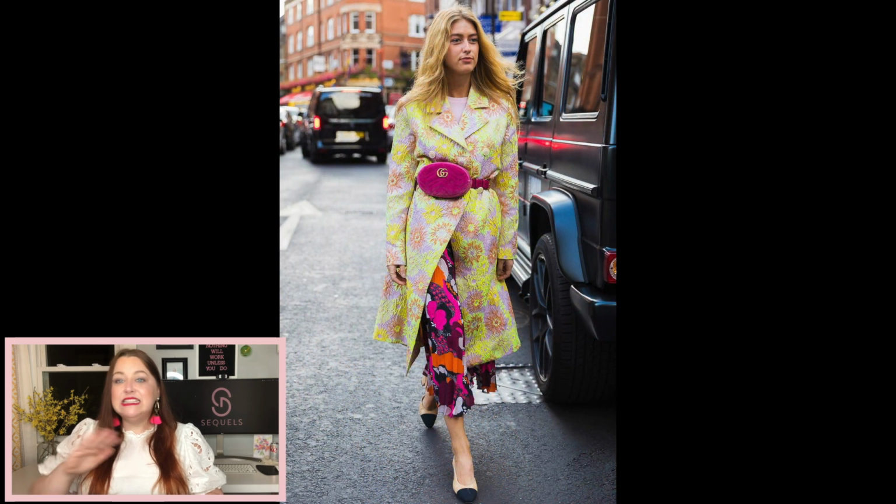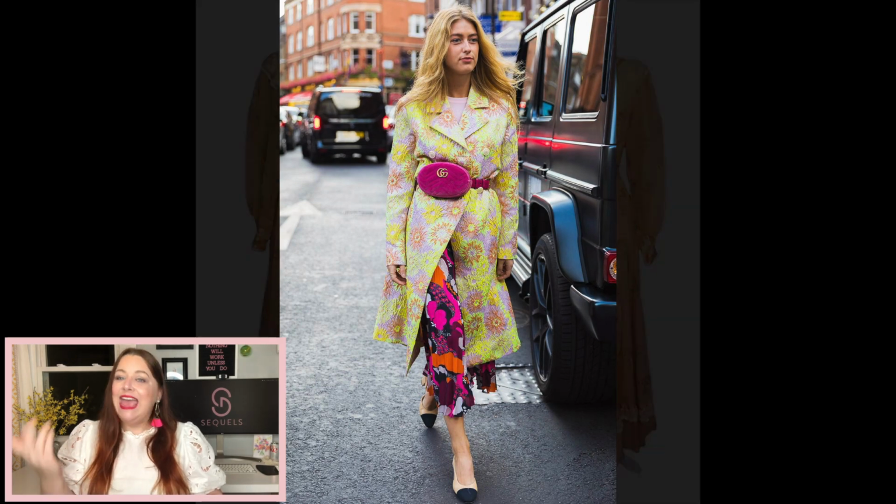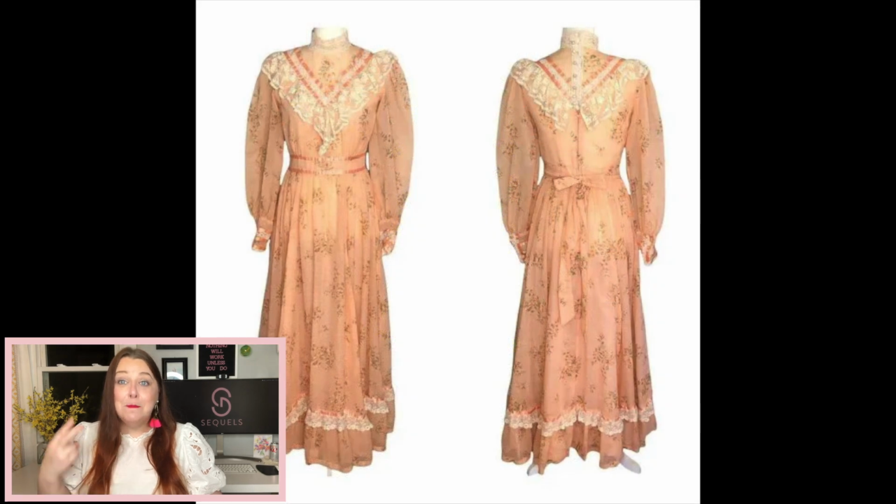And again, it doesn't all have to be dresses. How cool is this coat? This is something that I would totally imagine picking up at a vintage store, and it would definitely hit on this trend. And of course, you know, I had to include my 2 favorite retro prairie maxi